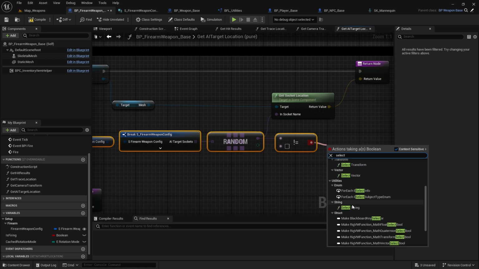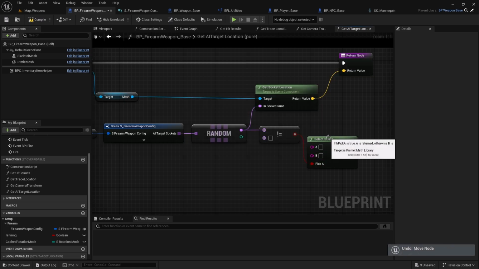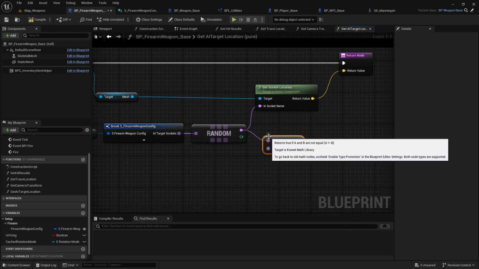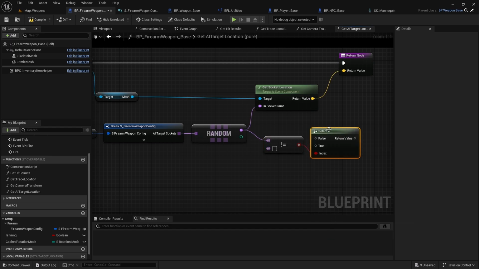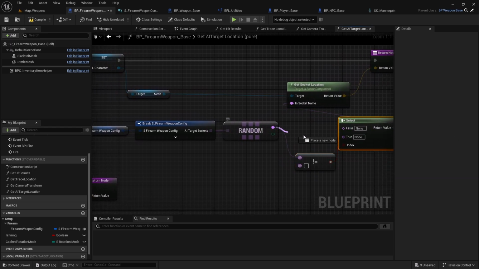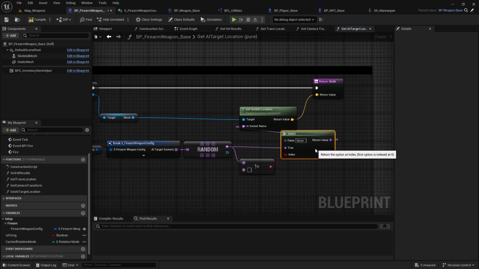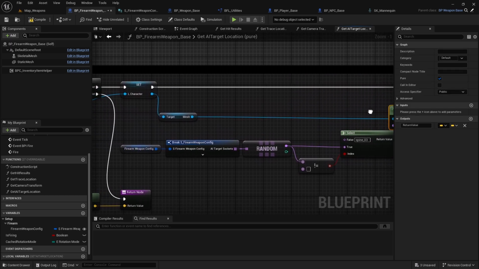So I'll add a select string here, sorry, not equal, select, yeah, that's the socket name. If this one is not equal, then we get the random location, but in case this one is empty, then I'm simply pointing it to the spine 3 socket location actually. Right,